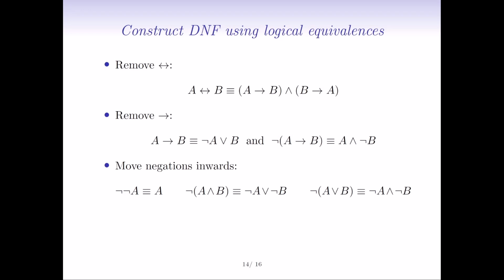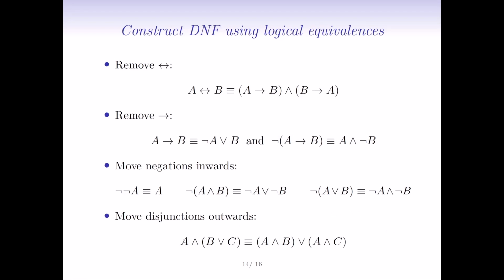So if you repeat all these rules, then you'll be a lot of the way there. You'll have a formula that doesn't have any bi-implications, doesn't have any implications, and only has negations at the bottom level of formulas, so only outside of proposition letters, if you repeat this often enough. But you still might have the problem that the conjunctions and disjunctions are nested in the wrong way. In particular, you can never have a conjunction outside of a disjunction in a DNF. Disjunctions have to be all at the top level, so it has to be a disjunction of conjunctive clauses. Now, to deal with this we